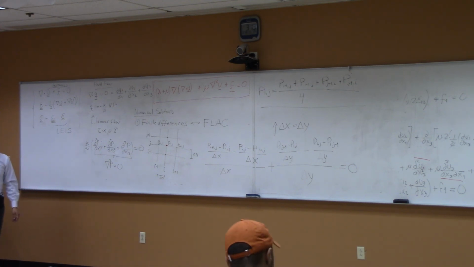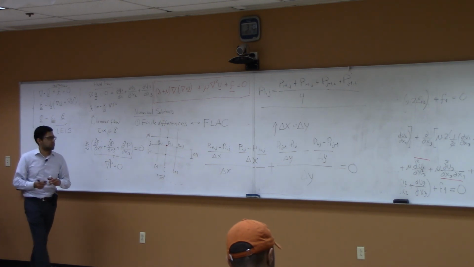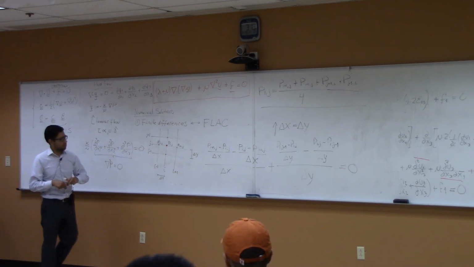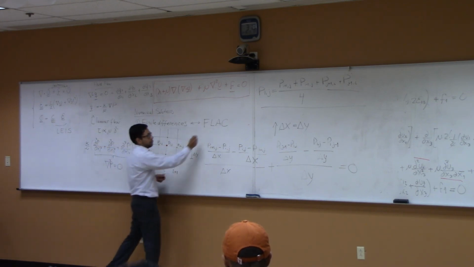So for mechanics, it's going to be pretty similar, but now we have 3 unknowns. So you have displacement direction 1, displacement direction 2, displacement direction 3. So it gets a little bit more complicated, but not a lot. Again, if you want to solve these problems with finite difference, probably it's a good exercise to do it from scratch. For the pressure, it's very easy, but for mechanics, it's going to be a little bit more complicated. Probably you can go to some